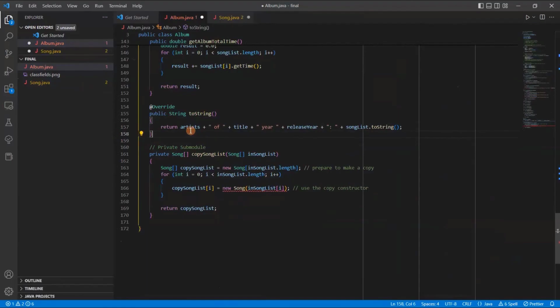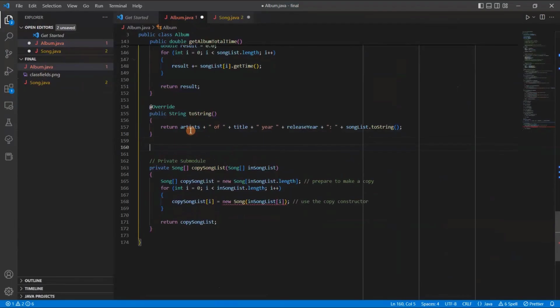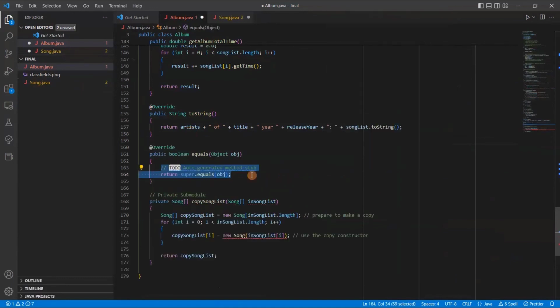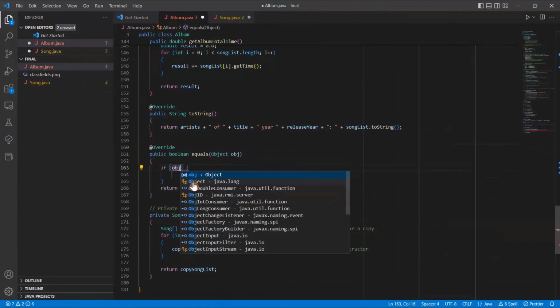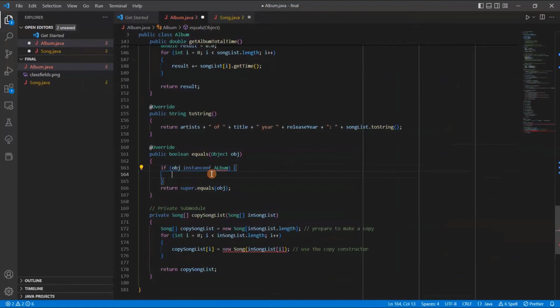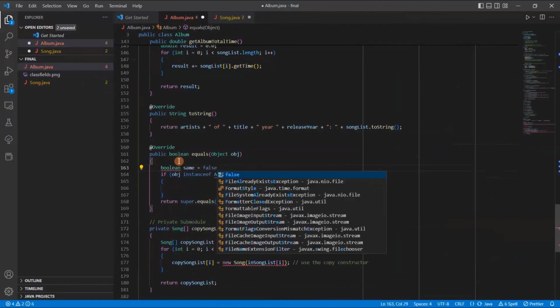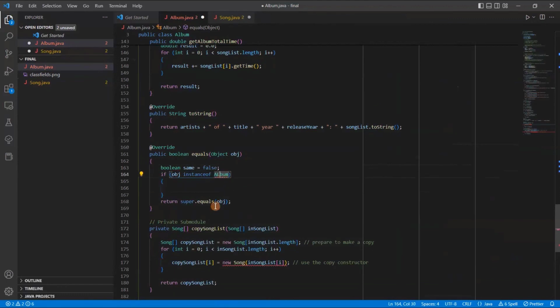Lastly, what else? We have the most tedious one. This is the equals method. We need to write the equals method. This equals method is a headache. So if our obj is instance of our album, we need to do this. We need to initialize boolean stem is equal to false like this. So if it's instance of album,